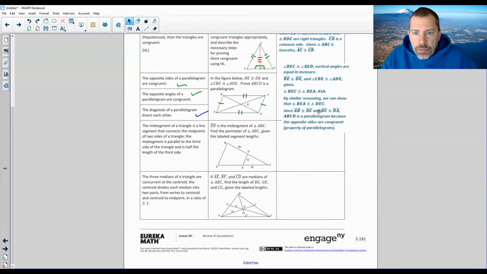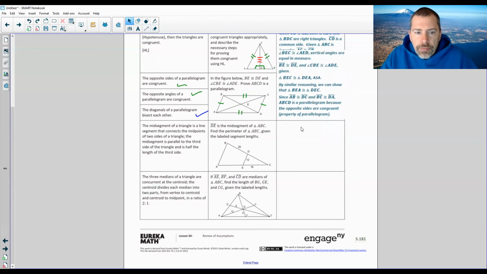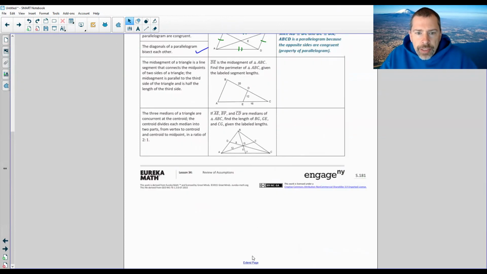of writing. So let me move that up here. Extend the page so I'm higher. There we go. And the next one, the mid segment of a triangle is a line segment that connects the midpoint of two sides of a triangle. The mid segment is parallel to the third side of the triangle and it's half the length of the third